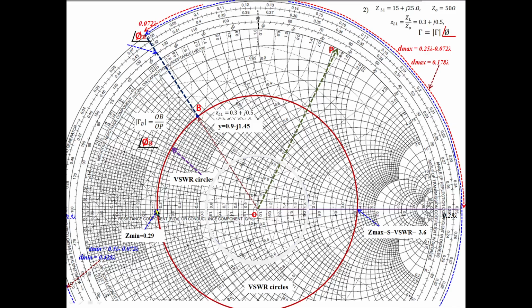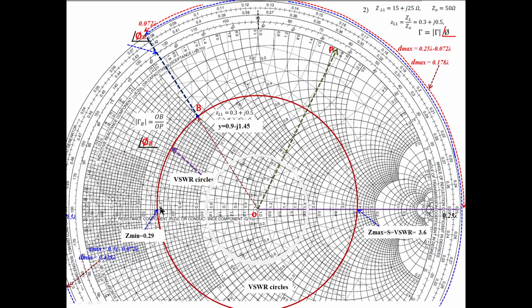What is the impedance here? You read the resistance value and reactance value passing through this point. This is 0.3, it is not passing. This is 0.28 circle, because this is 0.3. Each division here is 0.02. If you move from one line to the next, it is 0.02. So it is 0.22, this is 0.24, 0.26, 0.28.